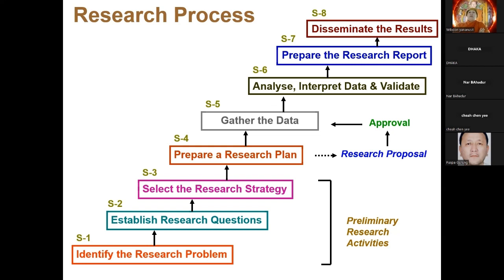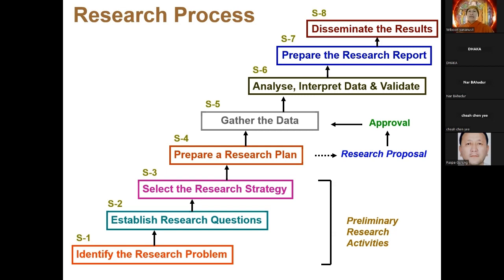So if you remember, the first step was to identify the research problem, then the research questions, and there are some sub research questions also, and then select the research strategy, which includes the research methodology, and then